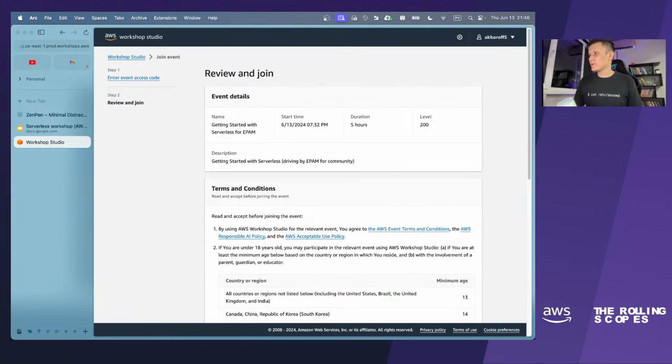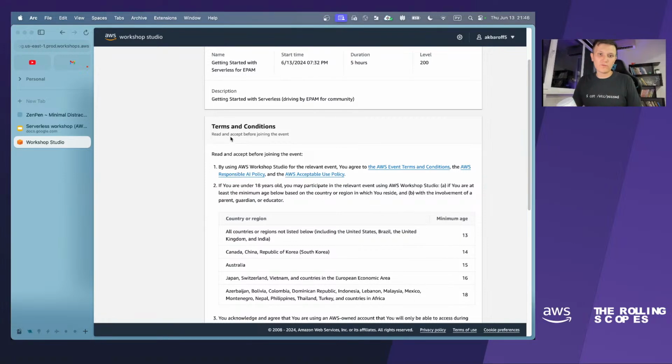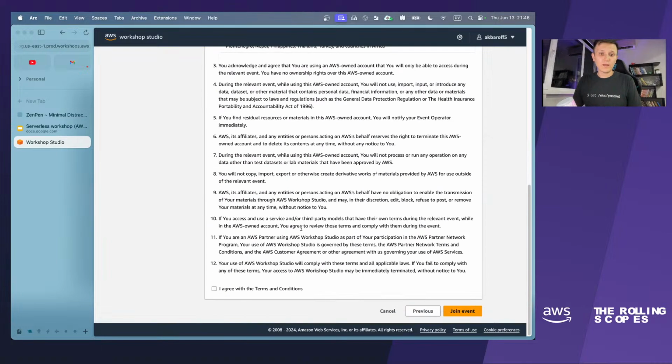If you successfully signed in to the workshop studio, please put something in the chat. It might be plus or signed in. Okay, so here we have some terms and conditions which we are going to stick to, and we can agree.